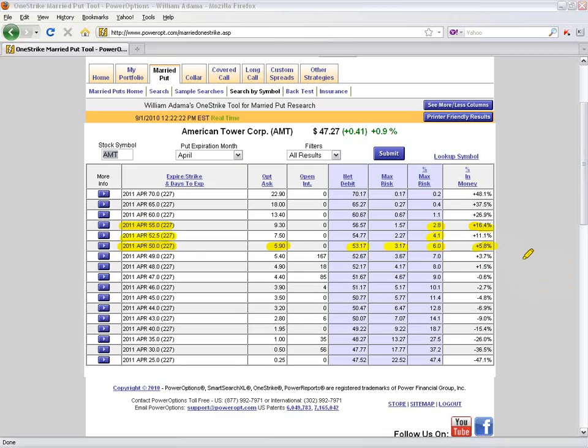Why am I focusing on the range in the money? When talking about the radioactive trading techniques, what we're doing is buying stock and buying an in-the-money put option to have a limited risk of single digits. My actual personal preference is less than 7%. If I chose the April 55 put, that's 16% in the money, I do have a low risk of 2.8%,